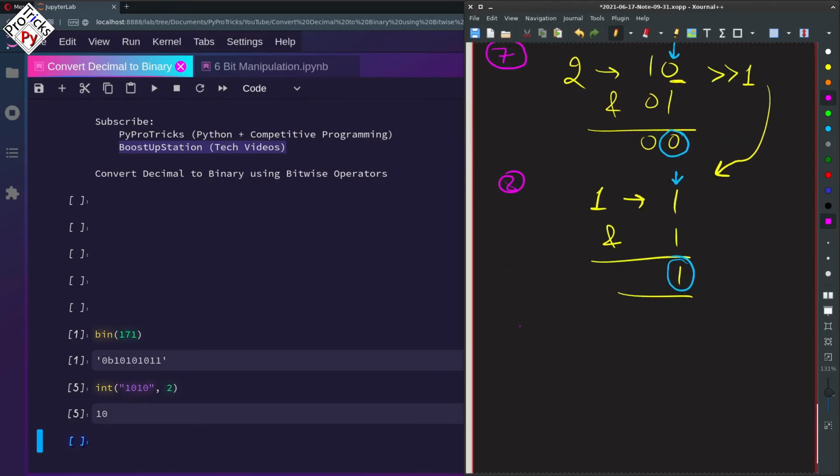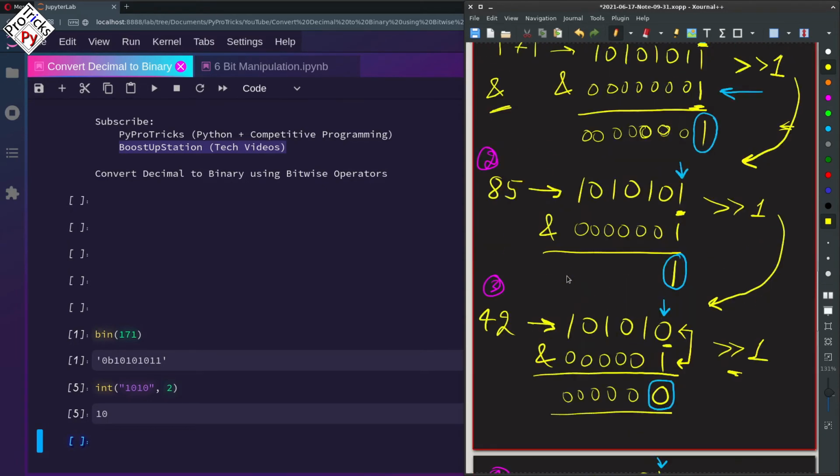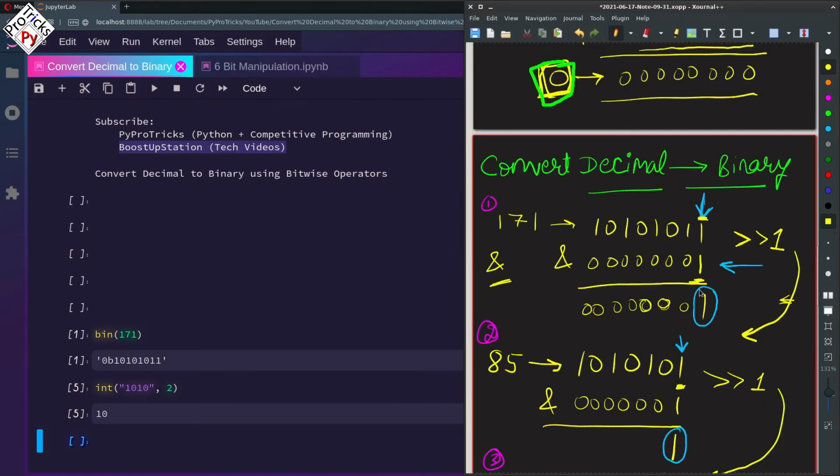So now in the 9th iteration, when we right shift this number by 1, we have all other zeros on the right side, a lot of them. Okay, so we are going to get a 0, which means that the number is 0 and we are going to stop at this place. So after 8 successful operations, we got all of the digits in the binary representation of this number.